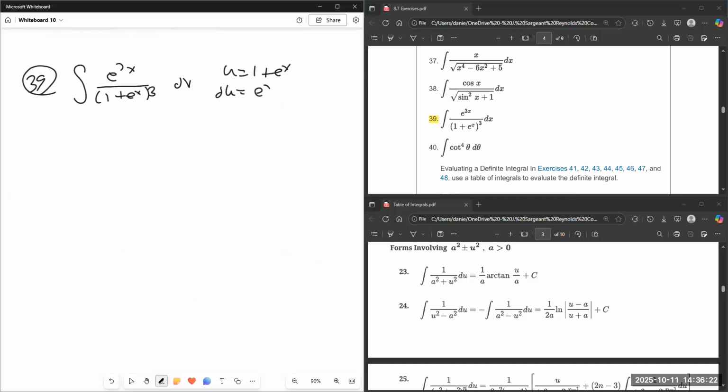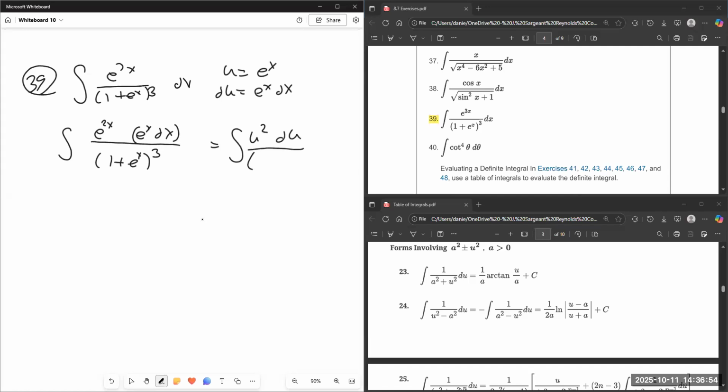My du has to be e to the x dx. So this is e to the x dx, needs to sit up here as du. This is e to the 2x. This is 1 plus e to the x to the third. So I think that my u is actually e to the x here, and that this is u squared